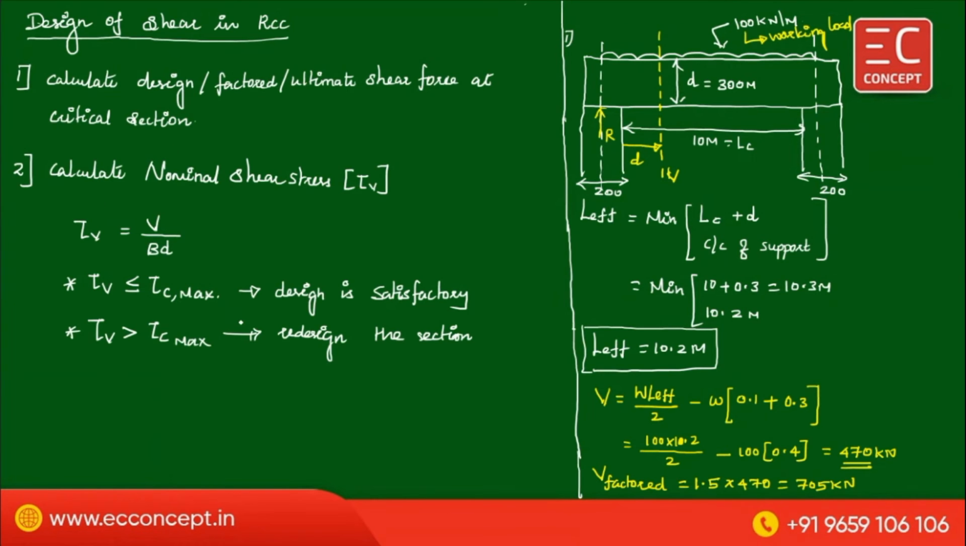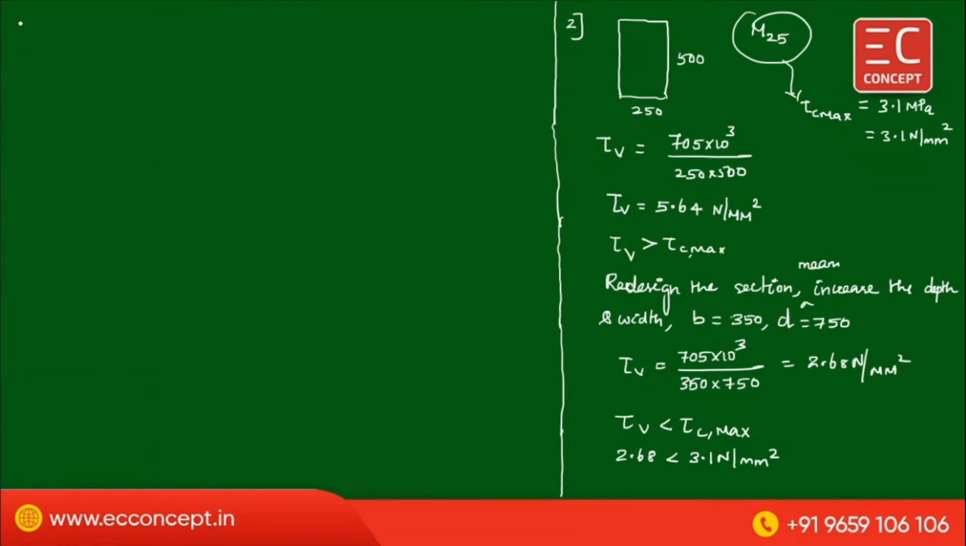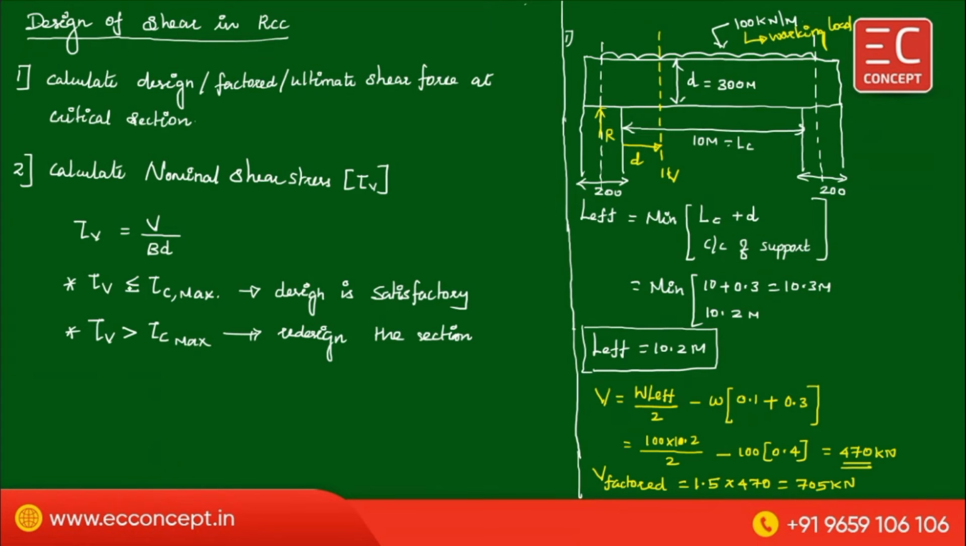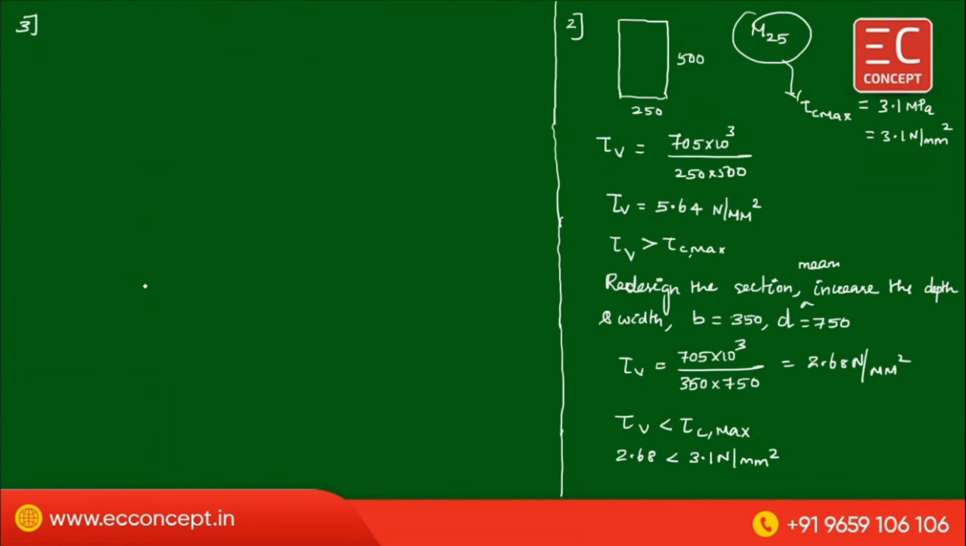Now the second point is over. Now we are going to see the third point. Suppose tau V is less than tau C max, then we have to proceed further. Now the shear is taken first by concrete, and next by shear reinforcement. Now we are going to see